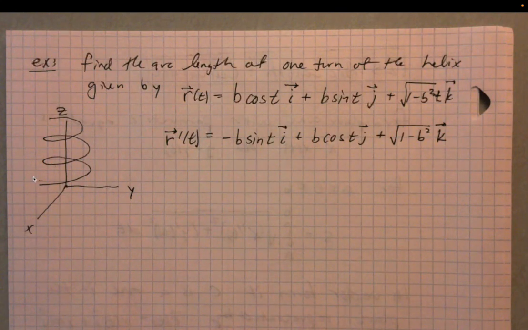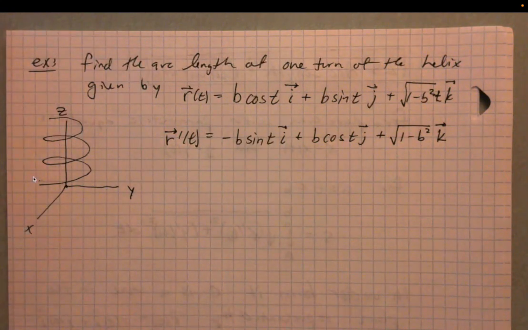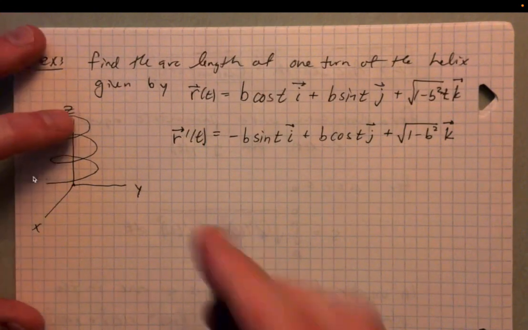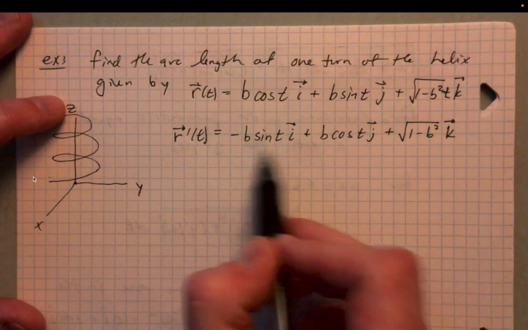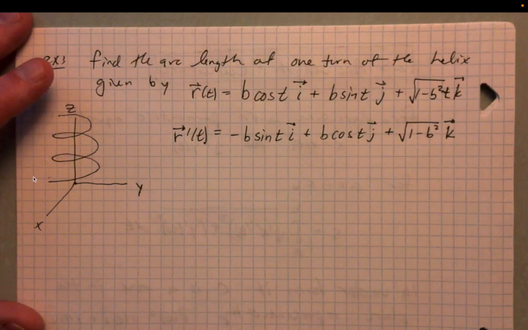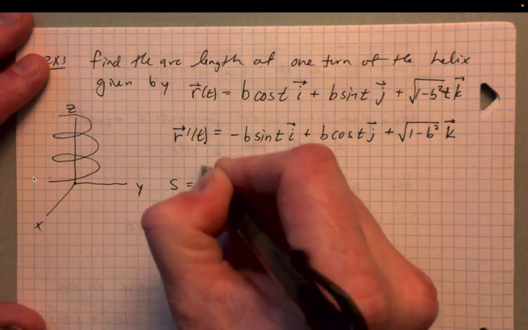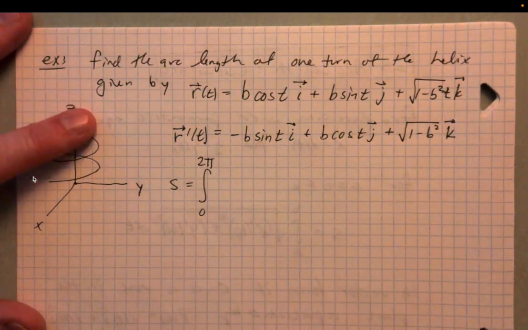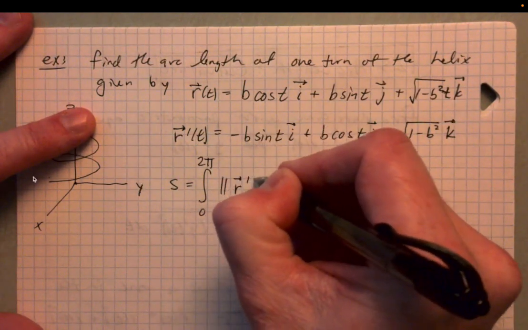Then we can integrate this to find the arc length, right? So 1 turn means 1 revolution. That's 2 pi, right? And so obviously t is inside the trig function, so that 1 turn implies 2 pi. We'd be integrating from 0 to 2 pi. So s is equal to the integral from 0 to 2 pi of,